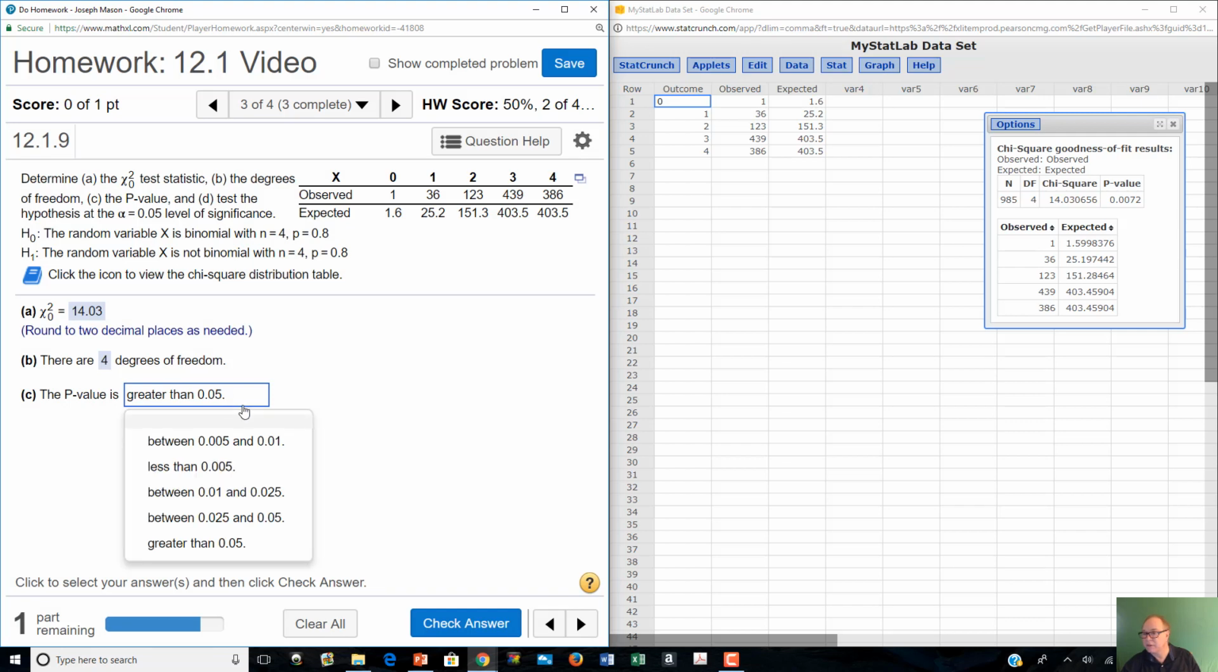The p-value. Let me look back over here. 0.072. This would be 500. This would be 250. So we have to go 3 decimal places here at least. So it's between,